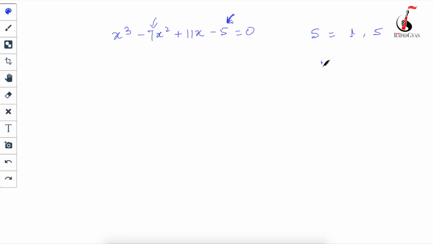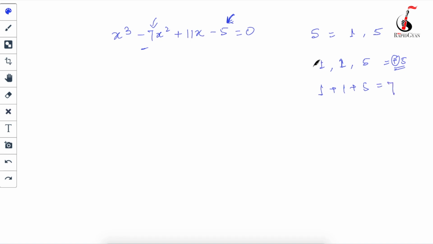So clearly those three numbers will be 1, 1, 5. Now you will have to check for its sign, because if I am simply going to multiply 1, 1, 5, I will get plus 5. But I will have to get minus 5, and also I will have to get minus 7. If I am simply going to add 1, 1 and 5, what I will get? I will get plus 7. So how should I get minus 7?